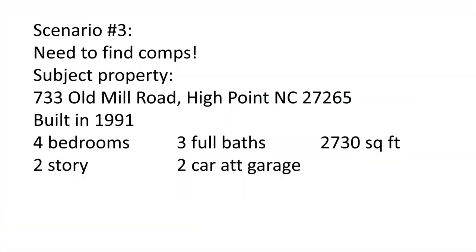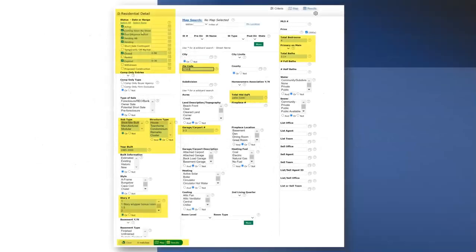Using the Mapping Within tool is a great way to locate potential comparables for a CMA or appraisers for their appraisals. Here we need to locate properties most similar to the subject property, which is located on Old Mill Road in High Point. Status is selected where active and all the pendings, and closed with a date range of the last 90 days,